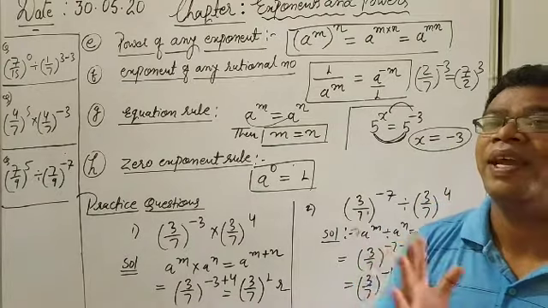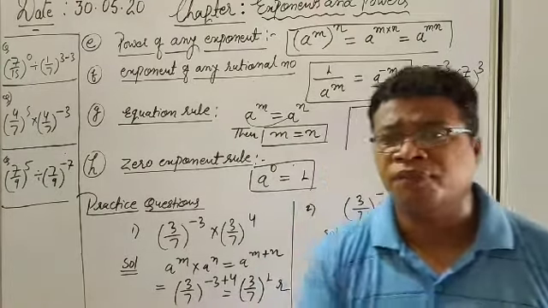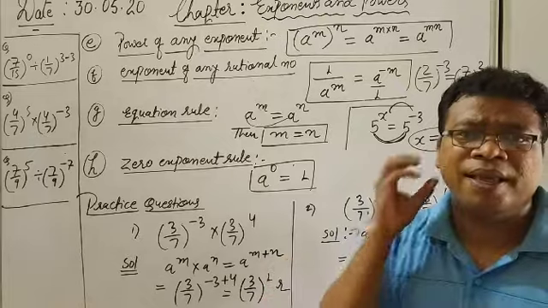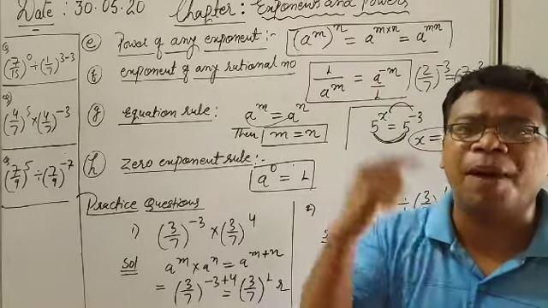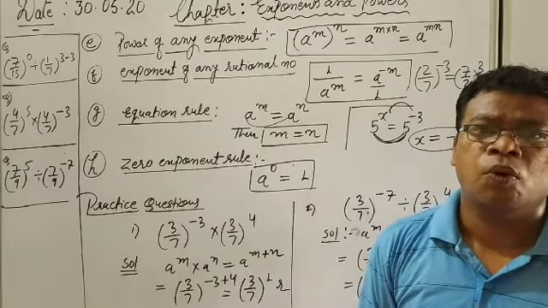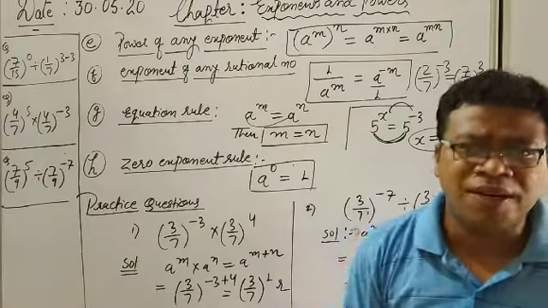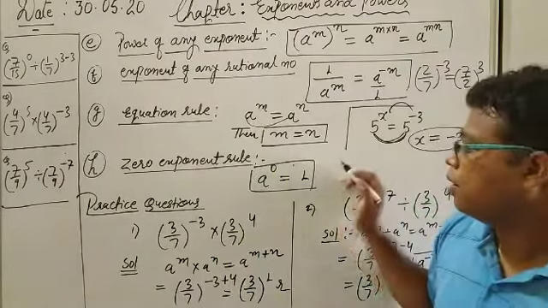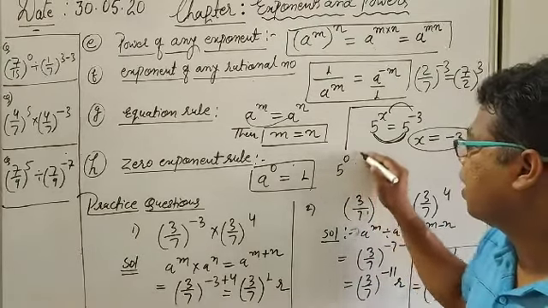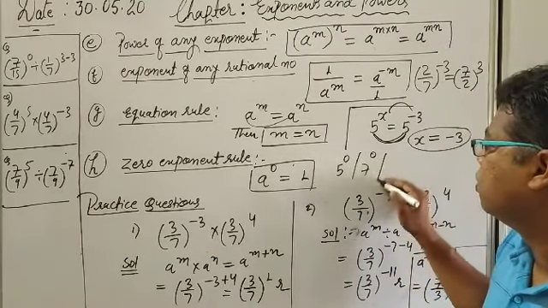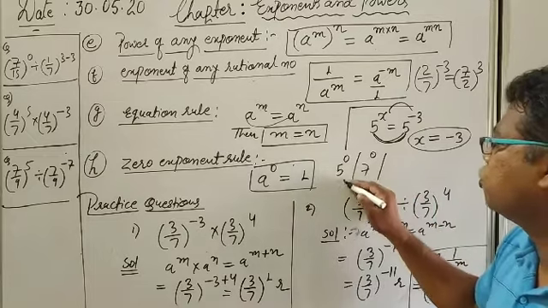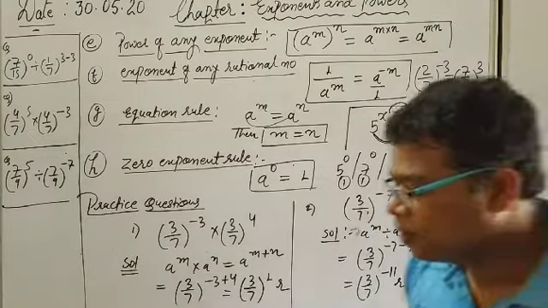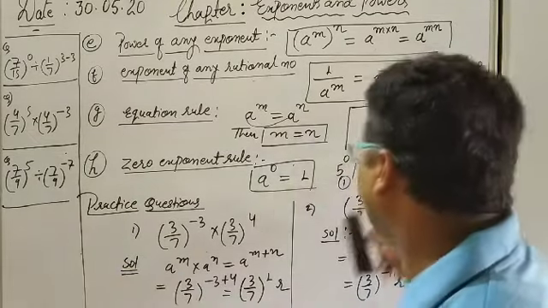According to this rule, we can understand that if there is any number and the exponent is 0, if the power is 0 over any base number, then directly its value is going to be 1. Either it is 5 to the power 0, or 7 to the power 0, any number, all the values should be 1. Okay, so this is the zero exponent rule.